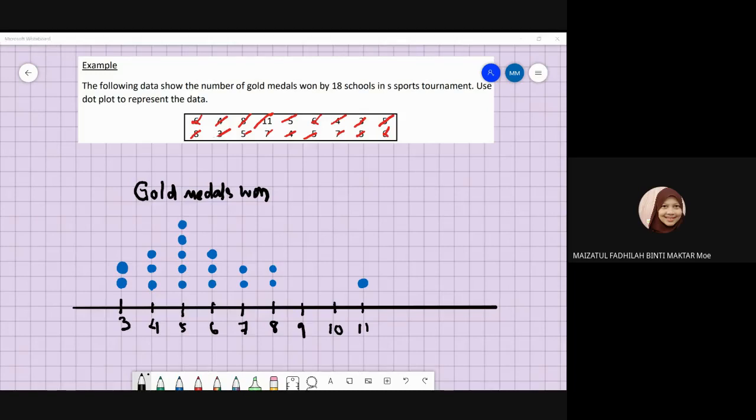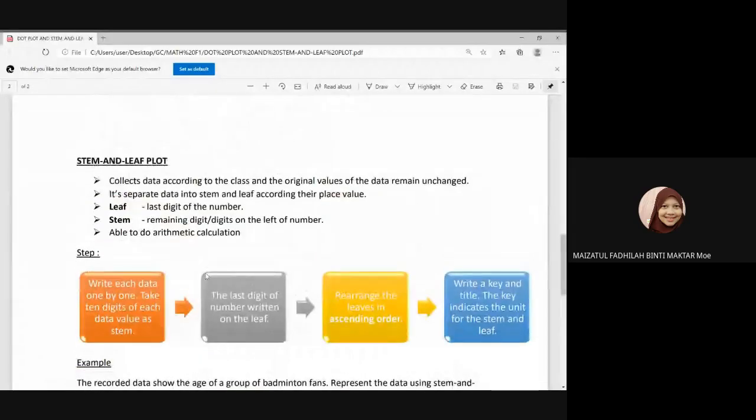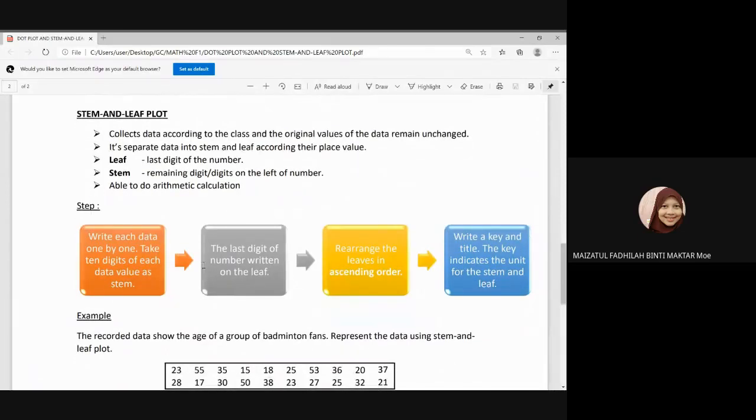Right, so the next one, I will project again the notes. Okay, so the next one is a stem and leaf plot. For this one, stem and leaf plot is collecting the data according to the class, and the original values remain unchanged. Because if you see the data or the graphic you present, it's a little